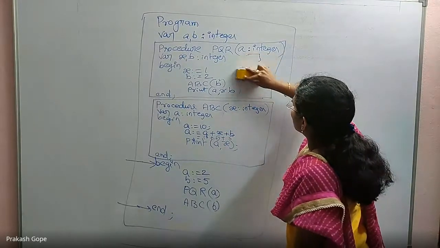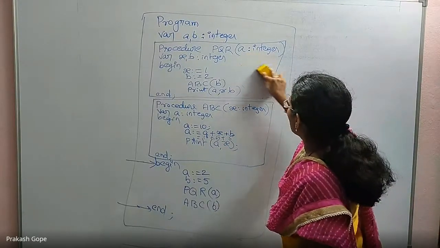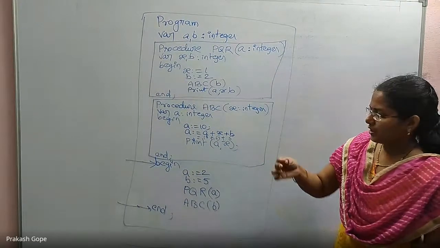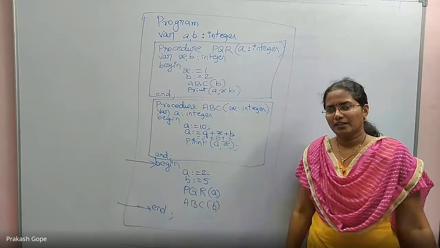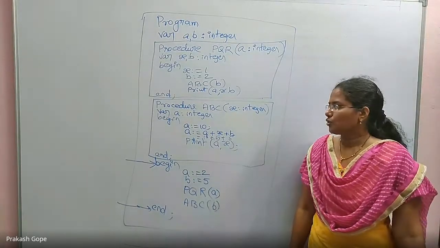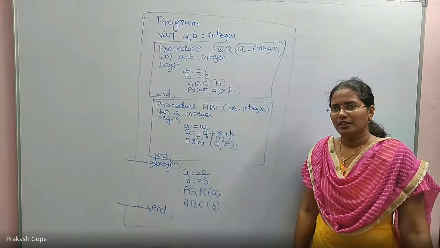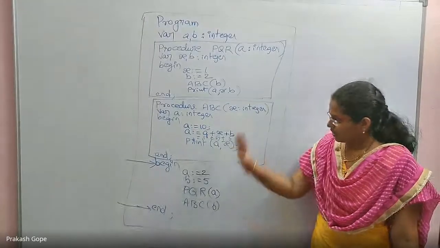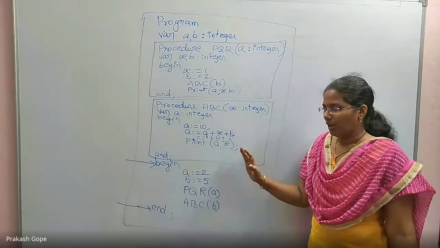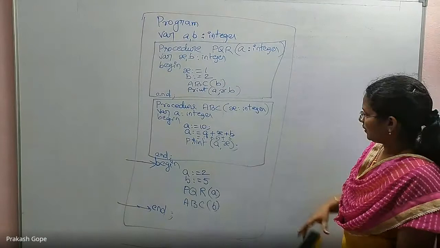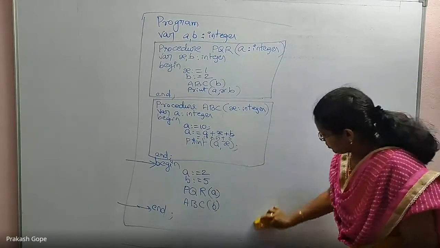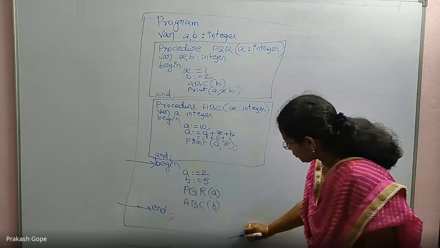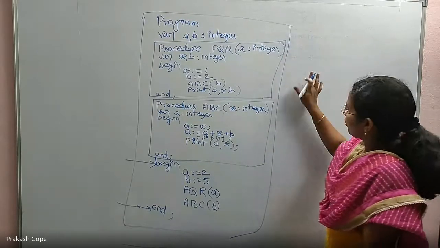Of course, during execution, during tracing, you will not have any such problems. The only thing you need to understand: static scope says locally declared, and if it is not declared, the outer block. Dynamic scope says locally declared, and if it is not declared, the calling environments. That's all. For the same program, I will trace this program and explain how you have to give the output. This is how we will be solving all the GATE questions, by following this method.